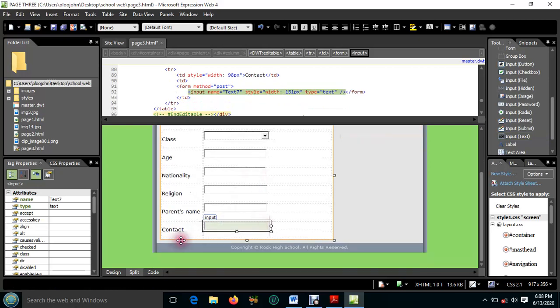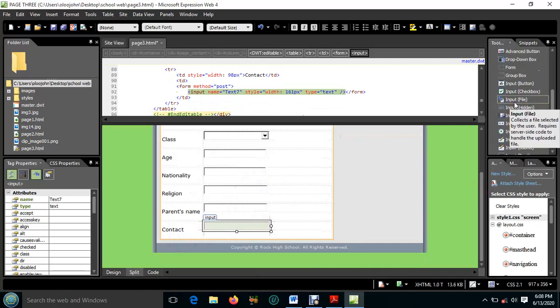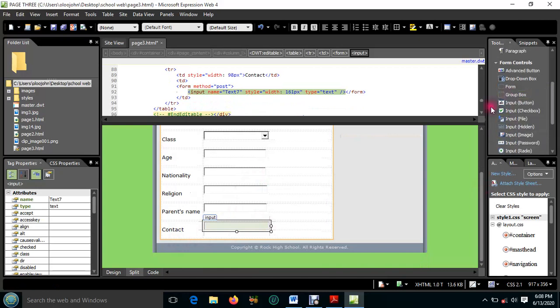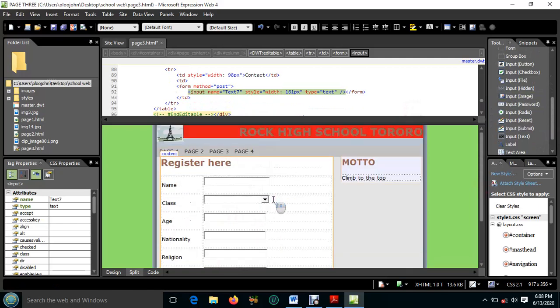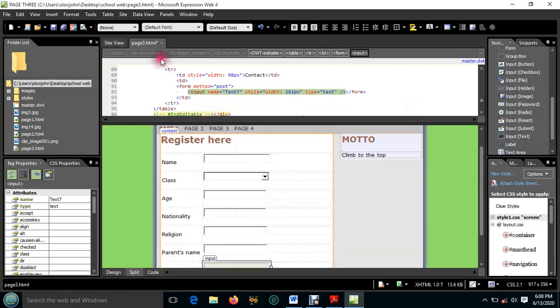In case they wanted the submit button, we have all that one here: input, submit, then there is a reset, radio. So depending on the kind of field you are going to enter, you choose those items from here. So there we are done with our form, and that's what they wanted. So we can save